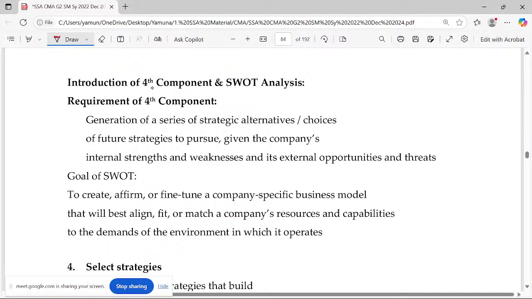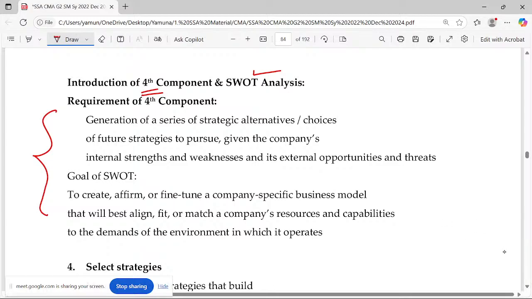And actually, we introduce the fourth component, SWOT analysis, put together over here, but this is not a separate stage. It's all done between the second and third stage. I'm not going to particularly go for the second stage and identify the weakness and opportunity, or go for strength and weakness as third. Everything is going to happen together. So I'm not going to go in hierarchical order at all.